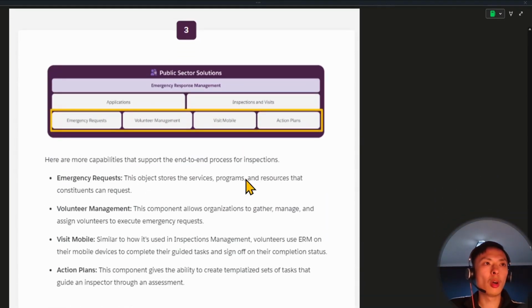Moving on, over here are more capabilities that support end-to-end processes for inspections. So you have emergency requests, volunteer management, visit mobile, and action plans. Emergency requests, this object basically allows you to store things like services, programs, and resources that constituents can request. Volunteer management, this component allows public sector organizations to gather, manage, and assign volunteers to execute these